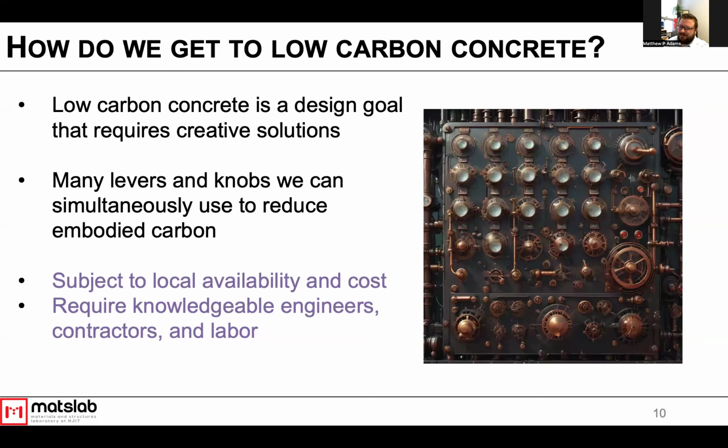We've seen a lot of flat work that's had scaling. And a lot of that is really not because the material is inherently bad, but because we did not train our masons to place it correctly, to wait enough time for the bleed water to come out, etc. And so really we need to make sure that our training is not just with our engineers, but across the entire construction